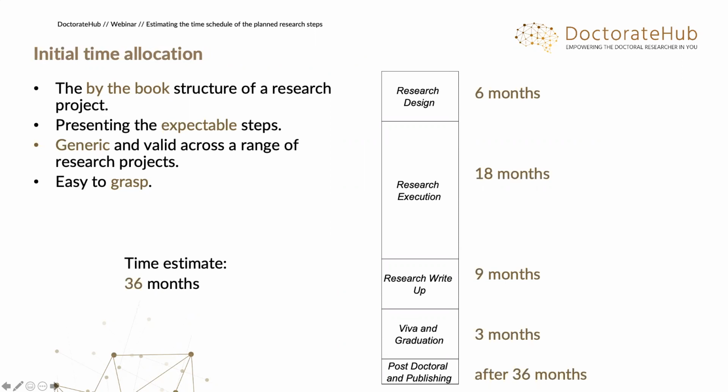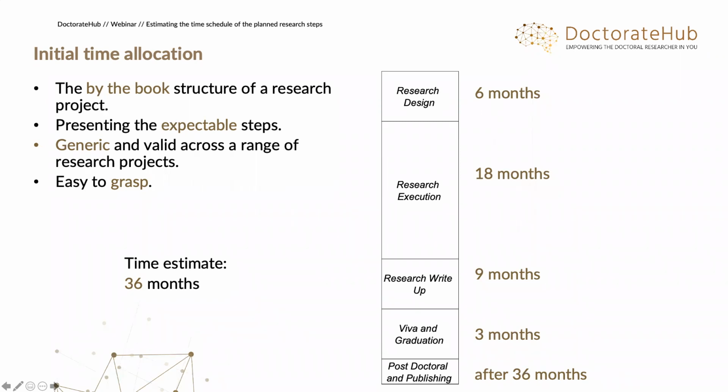If you assume that a typical research project has 3 years, then an estimated breakdown, and a very simplified one, could be that you take for the research design 6 months, the research execution phase 18 months, the writing up 9 months, viva and graduation 3 months, and then after 36 months, you are done and through. Now this might be the neat and nice way that